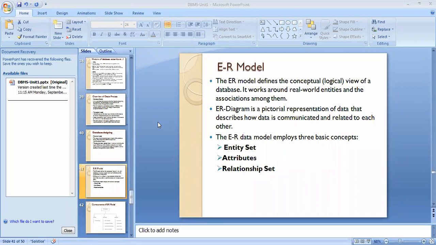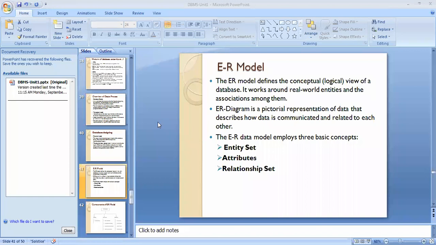The ER model defines the conceptual or logical view of the database. It works around the real world entities and the association among them. Real world entities are what we are going to store in the form of records, that is the data.